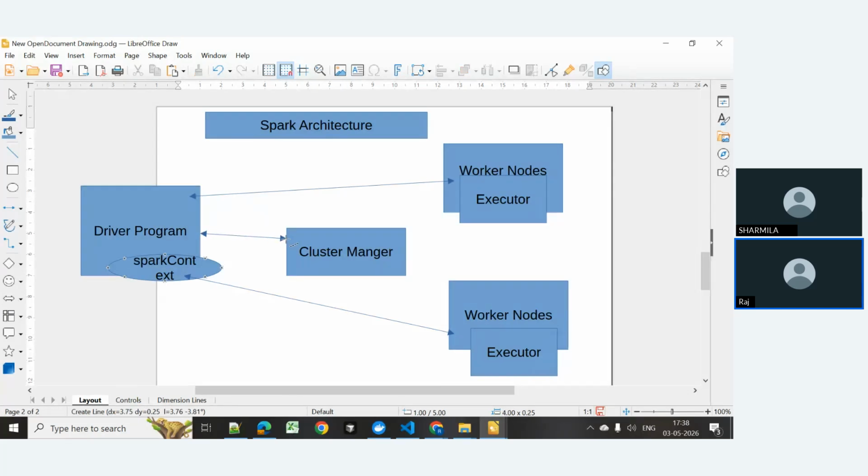This also connects with this, and this manager also connects with both the executors. So this driver program is going to be the one, but the worker nodes can be any number. Here we have just shown two